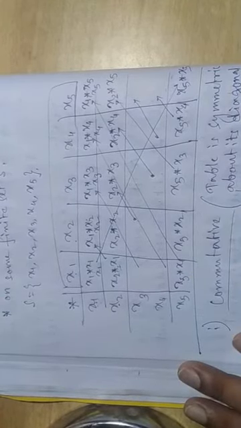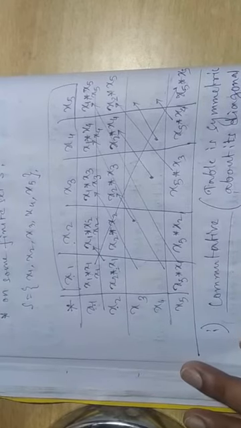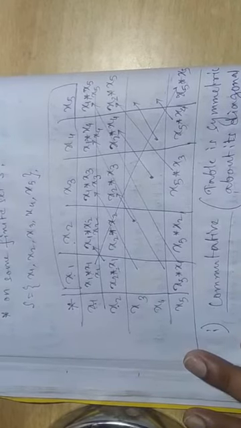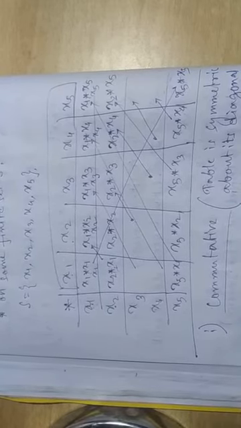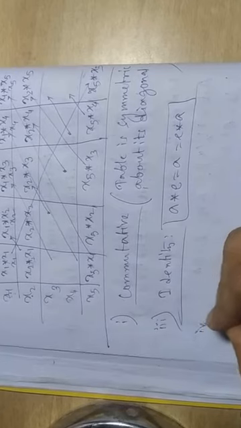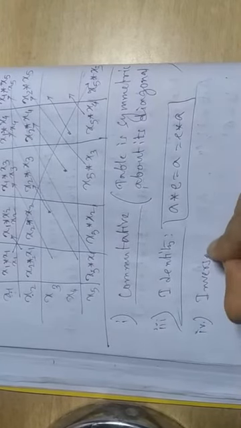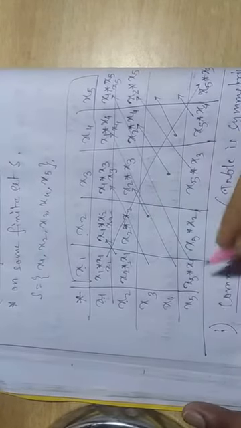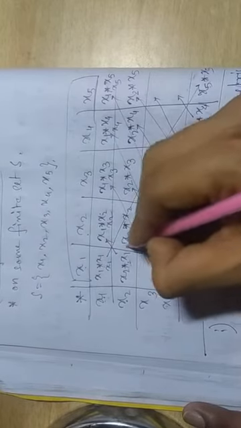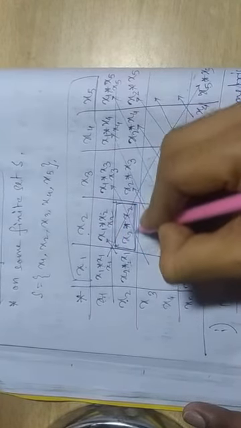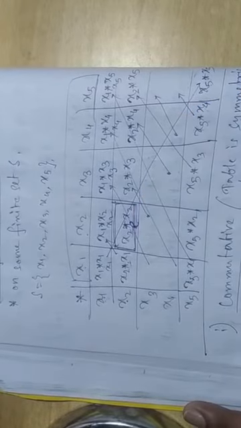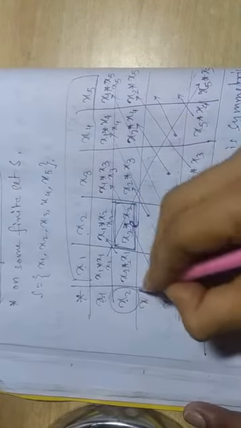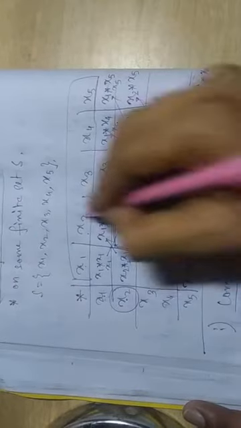I think you all have understood what I am trying to say. So this is the way to find the identity element from the composition table. Now once we have found the identity element, finding the inverse becomes very easy, because the definition is that A star B will be E and also B star A will be E. So if somewhere you find the value E in the table, say here we have this one to be E, then we can say x2 is the inverse of x2 in this case.